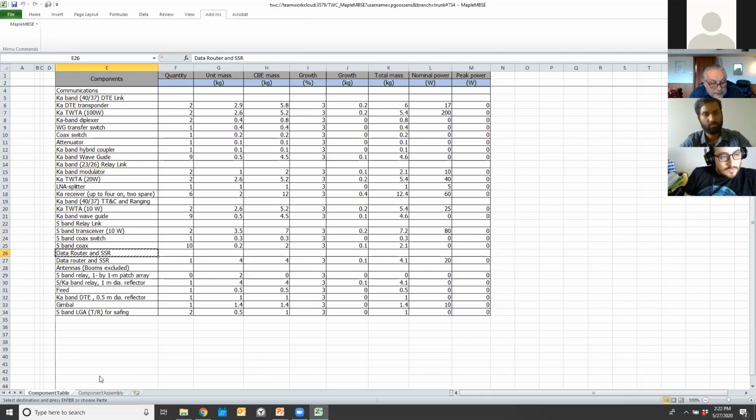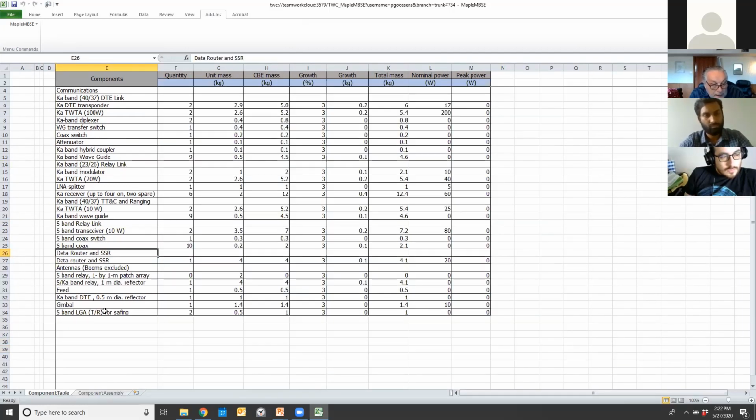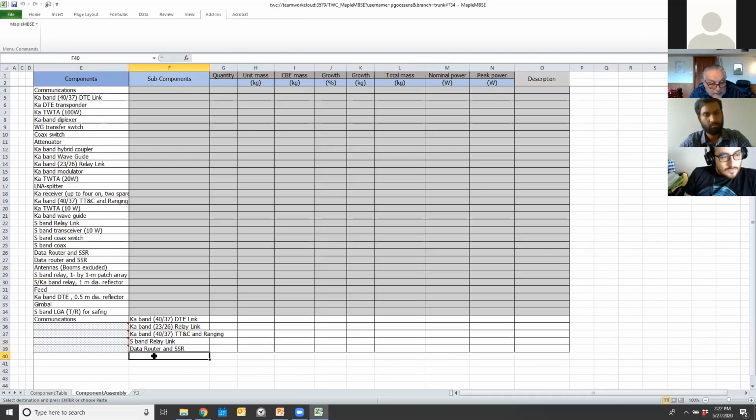Data router. And I think the last one is the antenna, or the antennas. Okay. All right, so that's 6. 1, 2, 3, 4, 5. Yeah, 6. Now I can simply just drag the communications box down, and now I have instantly made that connection